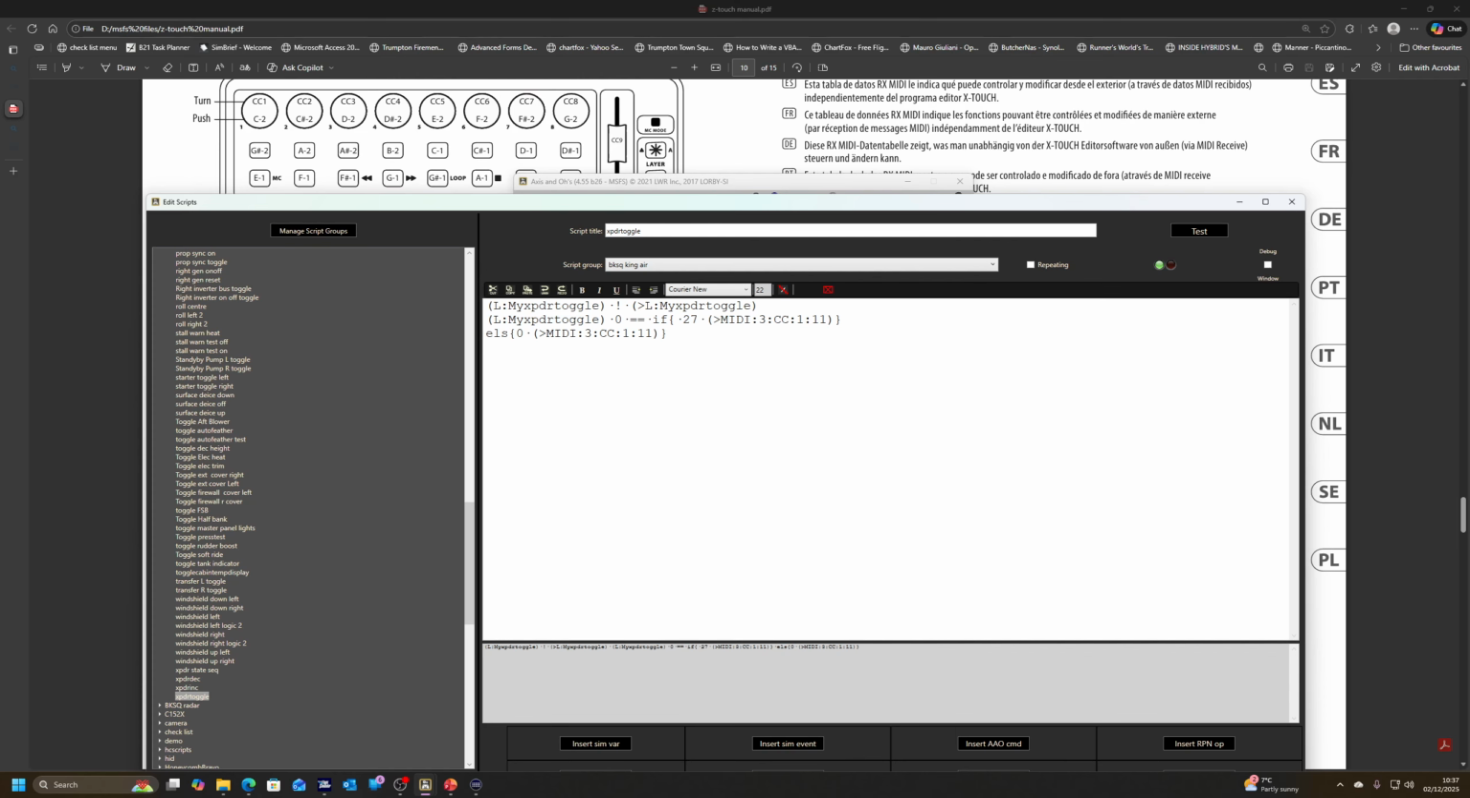Let's have a look at the control for the Honeycomb yoke, and that is run